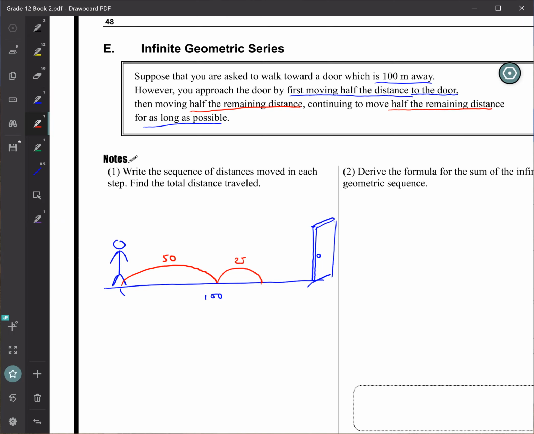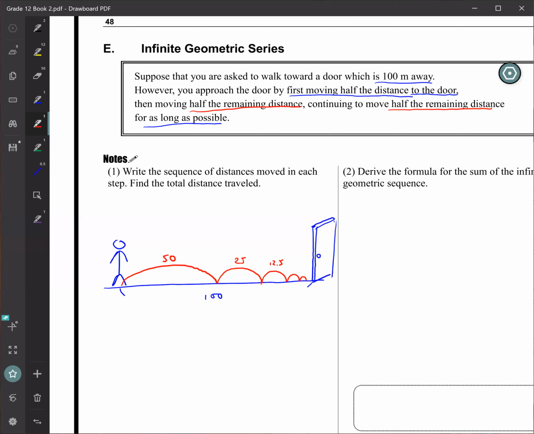So what is the third move? How far is the next one? Donna? 12.5. 12.5, yes, okay? Half of the 25, right? So I'll get 12.5. Okay, and I do the same thing again. Half of 12.5, right? And then half of the next one. So if you keep doing this forever,